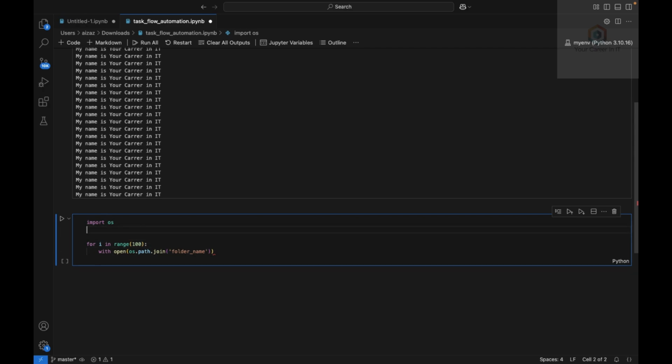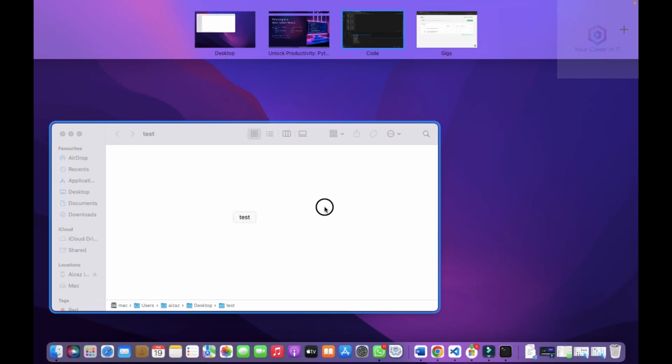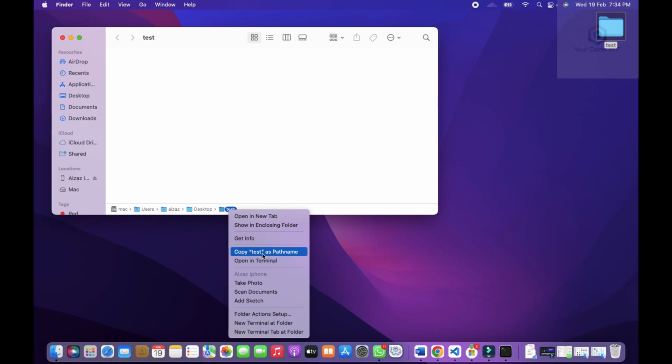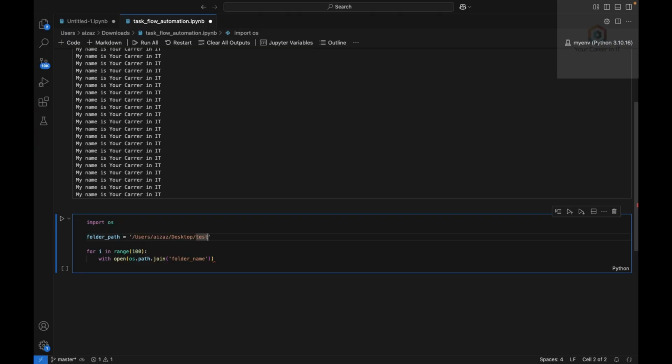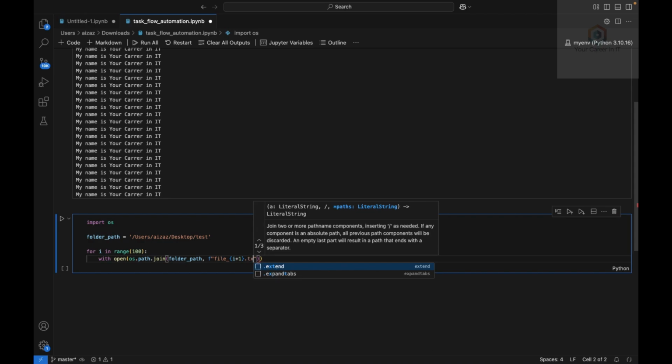So first I am declaring the folder path. In my case the folder path is this one. So I paste it here. Now write the variable folder path, and what should the file name be? Here we use the formatted string. The starting name is file. Now here we use i plus 1. The extension is txt,